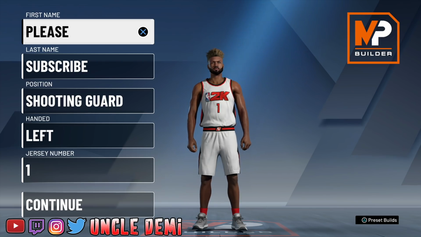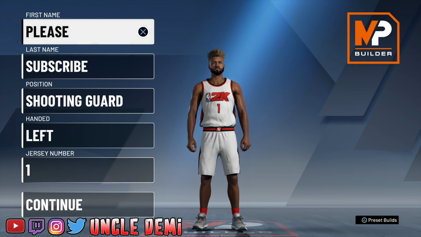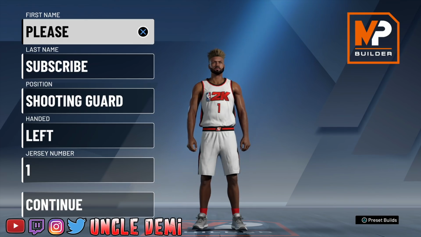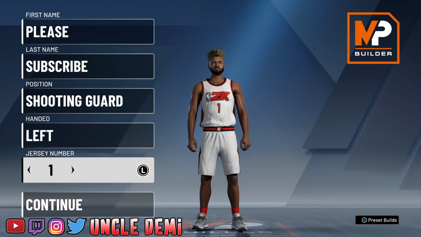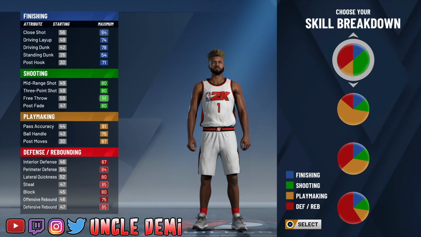Now let's hop straight into this video. Let's come here, do what y'all came for, right? Let's go ahead and talk about the two-way pass-first guard, all right? This is not the two-way pass-first point. This is a two-way pass-first guard, and I think this is the first time this has been introduced to the 2K community, right? Now, what you want to do, again, as usual, is go with the shooting